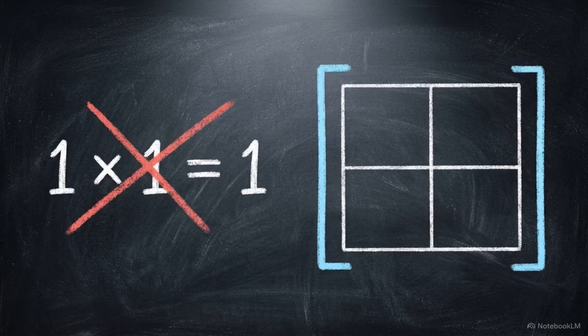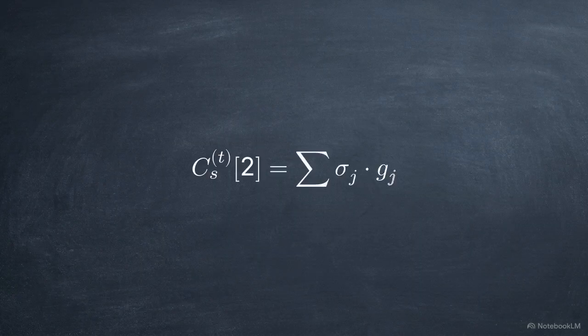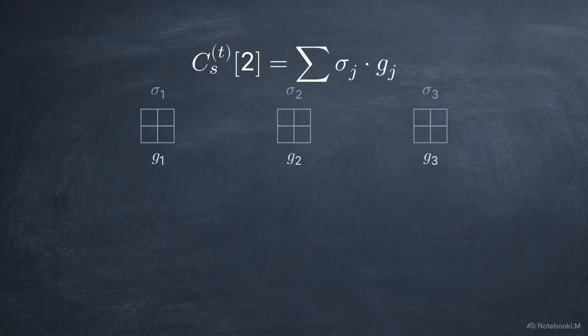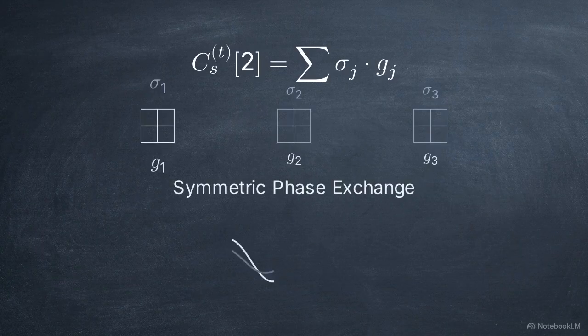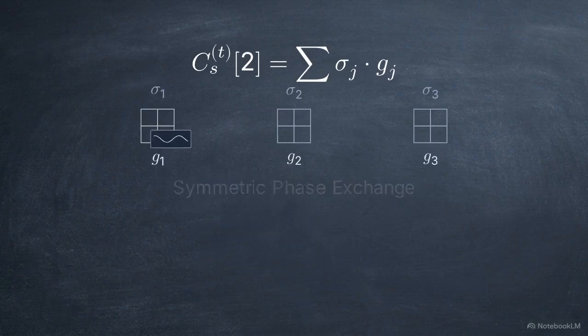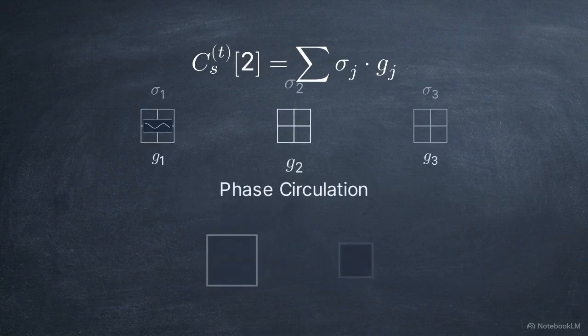Mapping the triplet channel requires an update to our analytical framework. We have to utilize non-commutative matrix algebra. We calculate the new matrix-valued spinor coherence index by summing the Pauli matrices, each multiplied by its specific coupling function. The first coupling function, G1, governs symmetric phase exchange. It measures the phase strain difference between partners, modulated by the coherent memory they jointly retain.